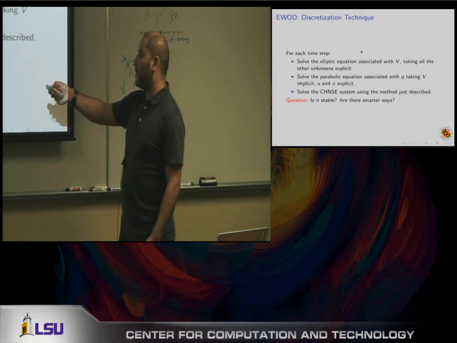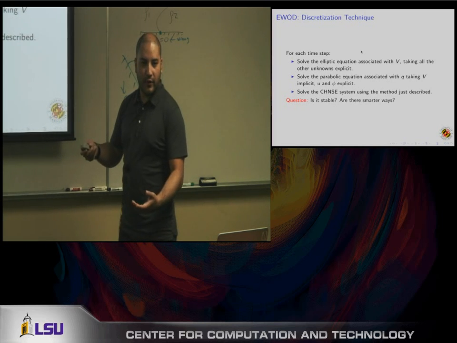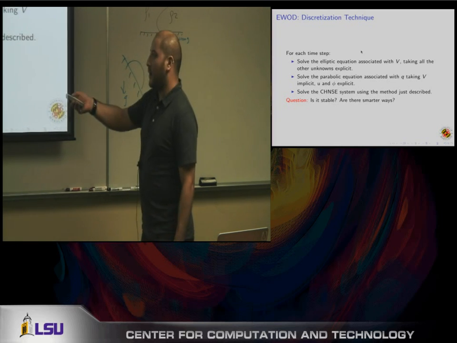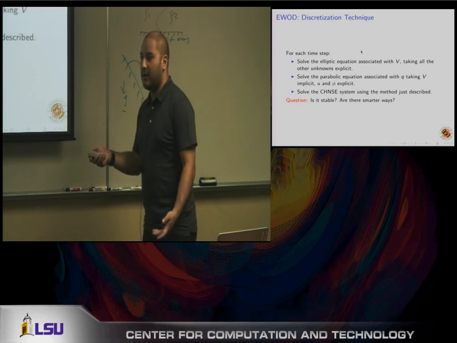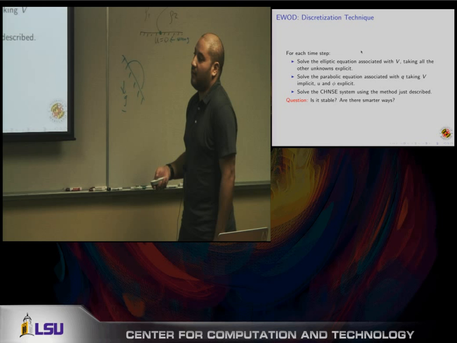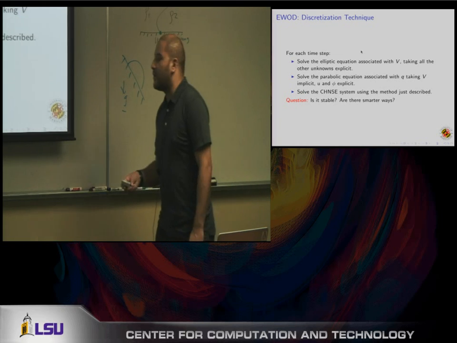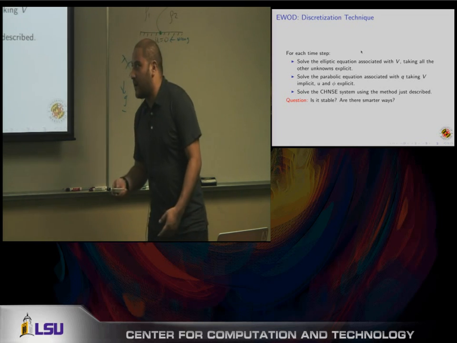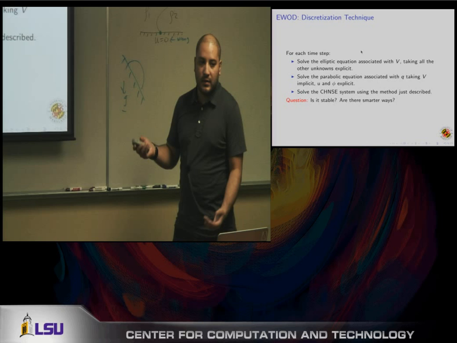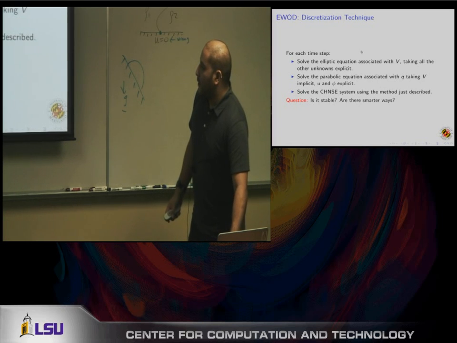Of course, we know that each one of these components works and converges, but there's no guarantee that this would imply that this whole process together has to converge, or has to even be stable. So something worth investigating would be stability or convergence of this scheme, or that maybe there are smarter ways of doing this. I don't know. Nevertheless,